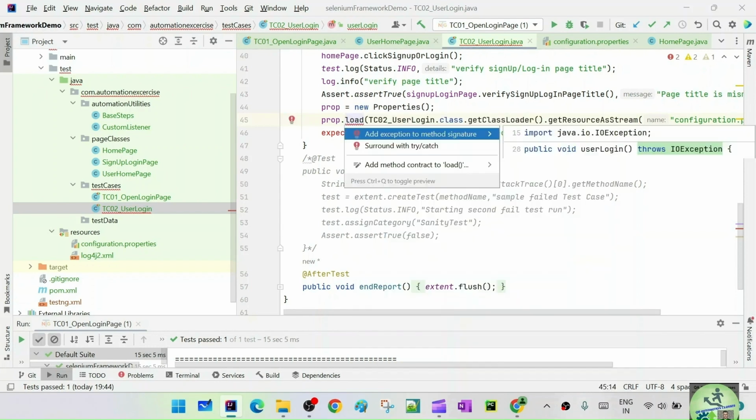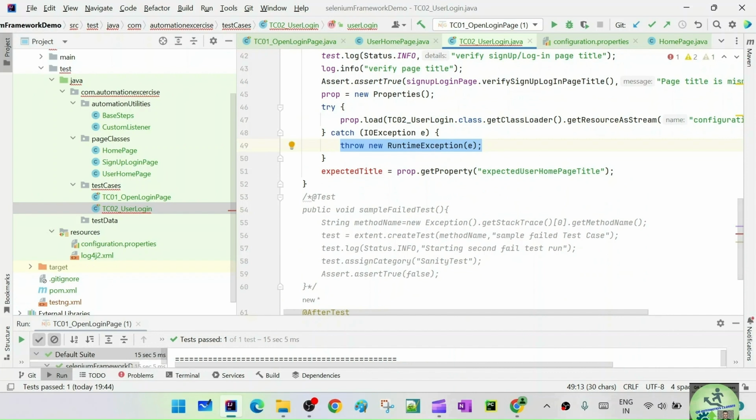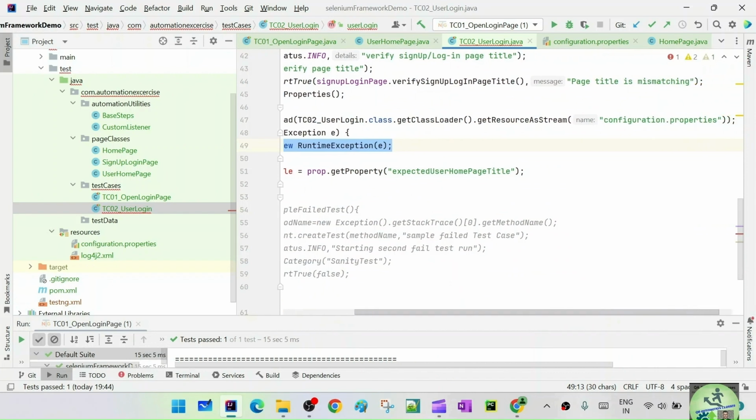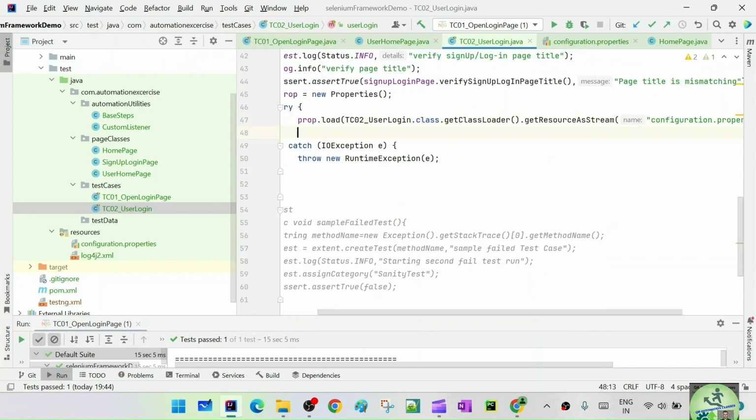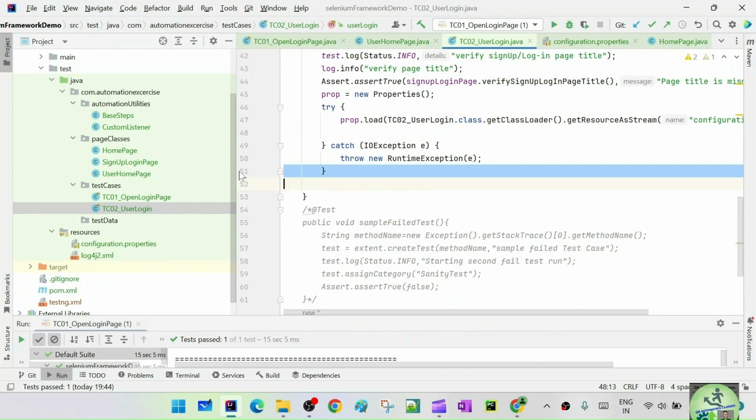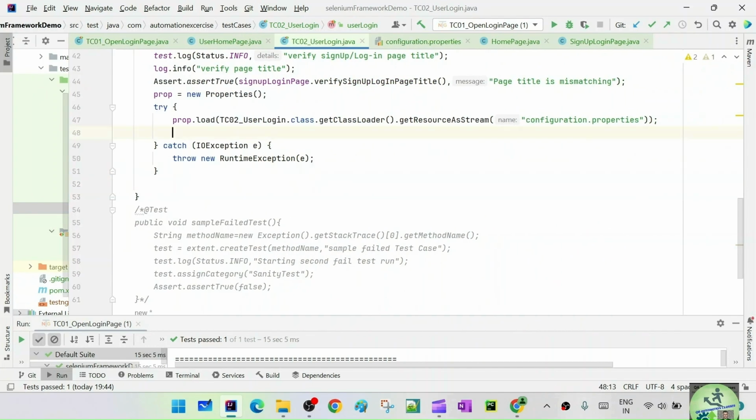Okay, so surround with try catch. Okay, cool. And now we have to start reading our username as well as our password. Those two things we need to read. So how to read this username and password? So let's say username, right? So username equals to